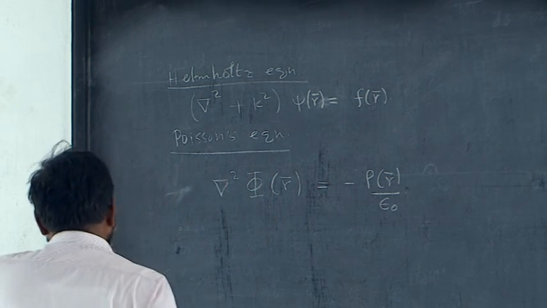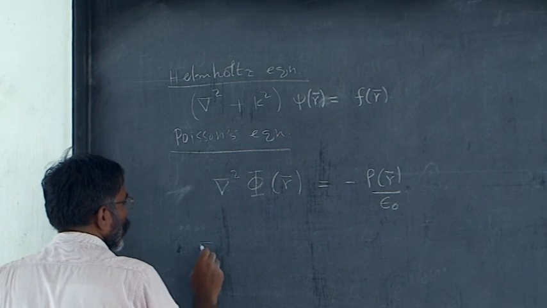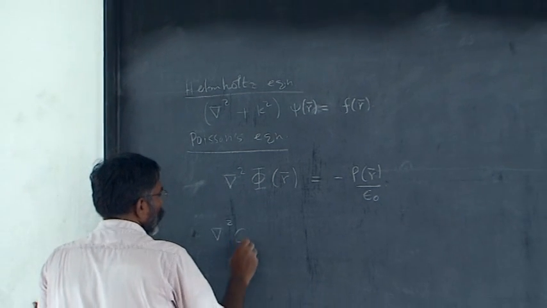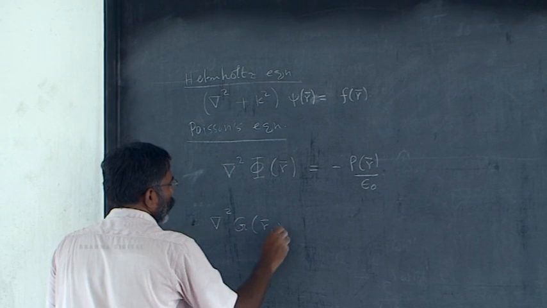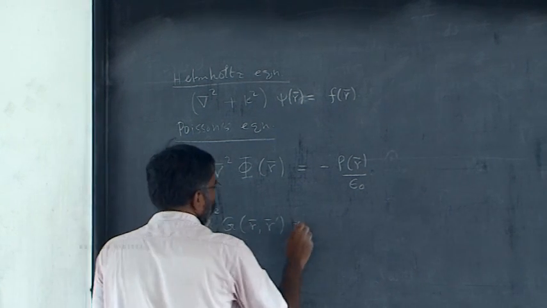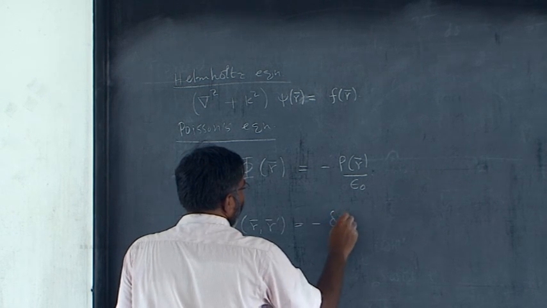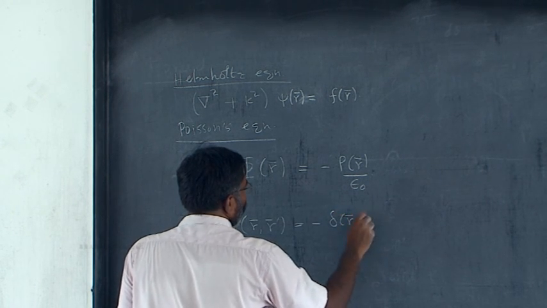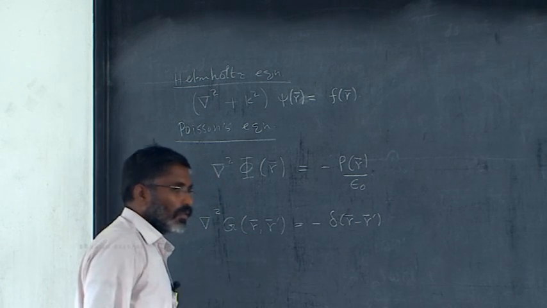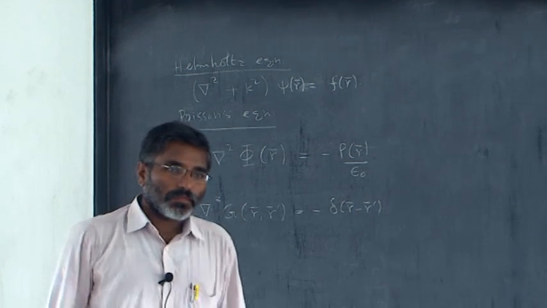Now, if you write down Poisson's equation for the Green's function, del square g of r prime as minus delta of r minus r prime, the delta function, and you can show